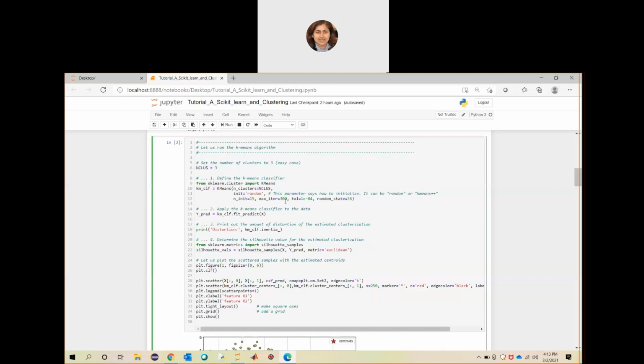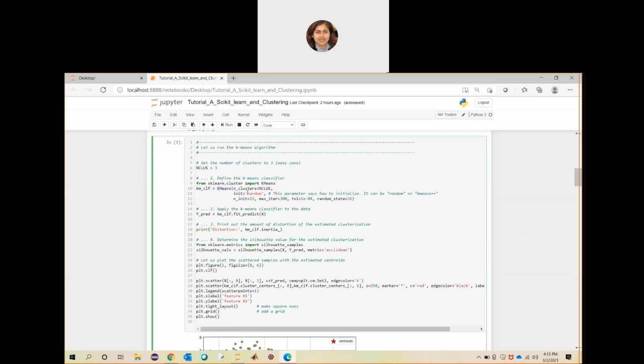Now to define the k-means classifier. To do clustering, you need a k-means function. So what is that k-means function? The classifier is stored in km_clf, and the function is defined in the sklearn.cluster library, a Python programming library. That is why before using the k-means function, you need to import it first. Now the k-means function, see the area that I highlighted, actually needs a set of parameters, correct?